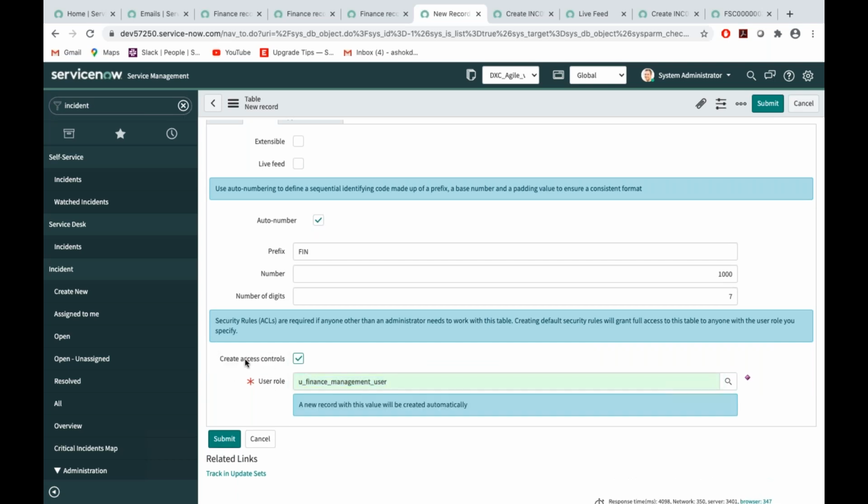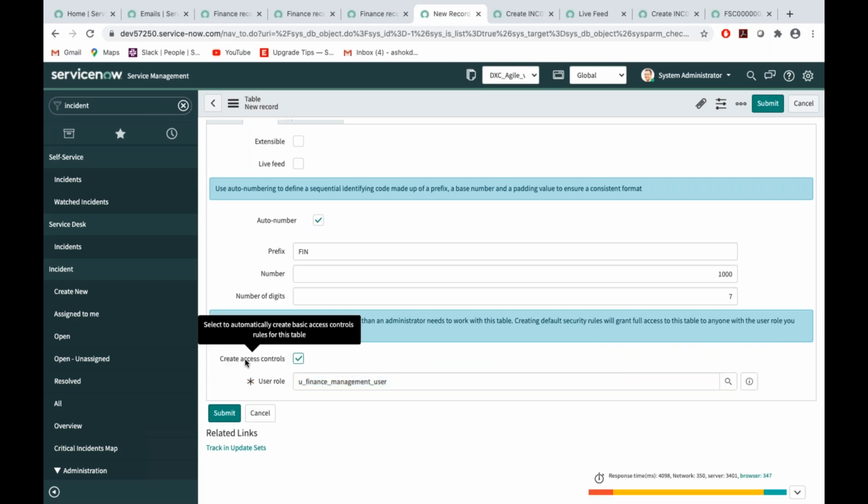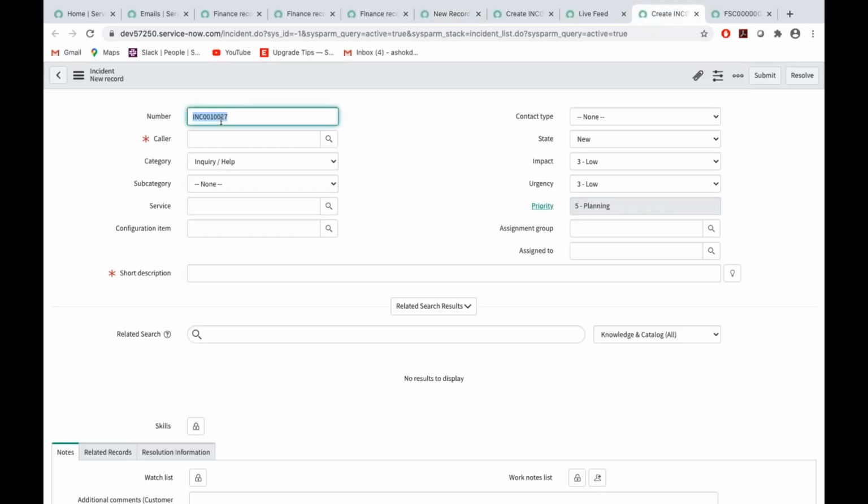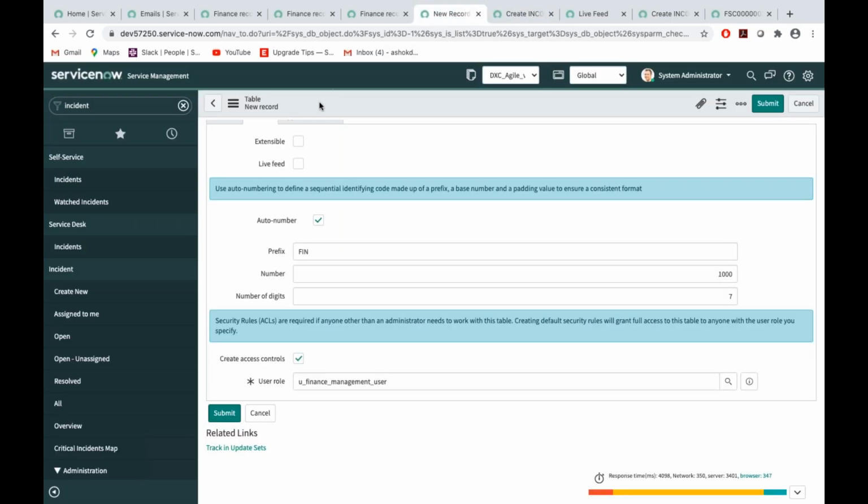And for the access controls, it will create three access controls: create, write, read, delete. We'll talk about access controls later. There is a big concept called ACLs. Okay, so the FIN 000, something like how INC 001027 comes, the same way it will generate a number for the